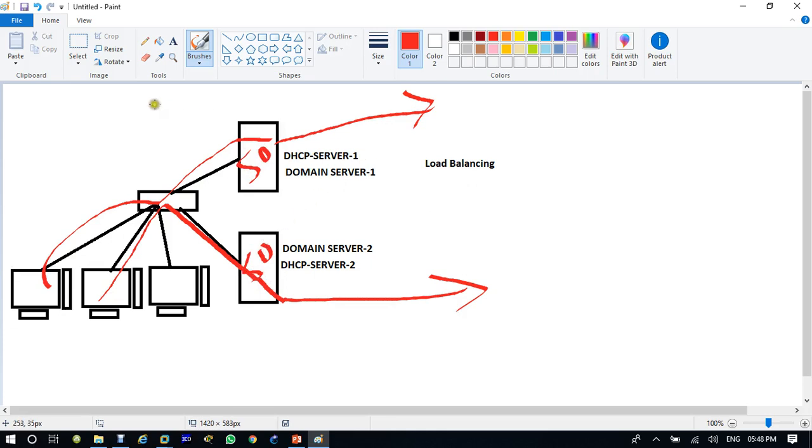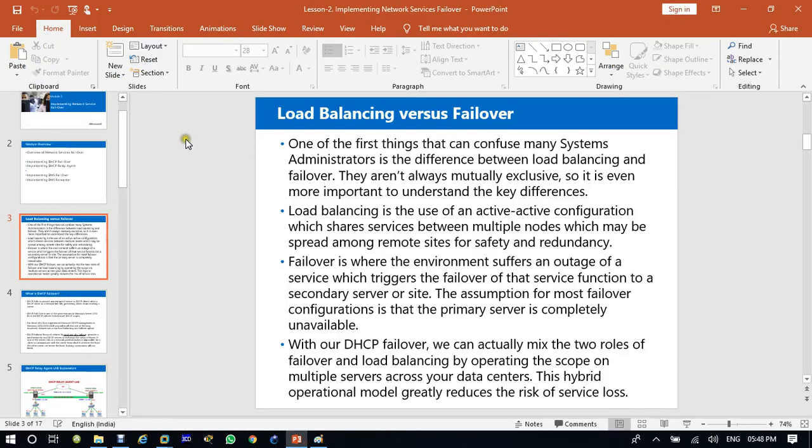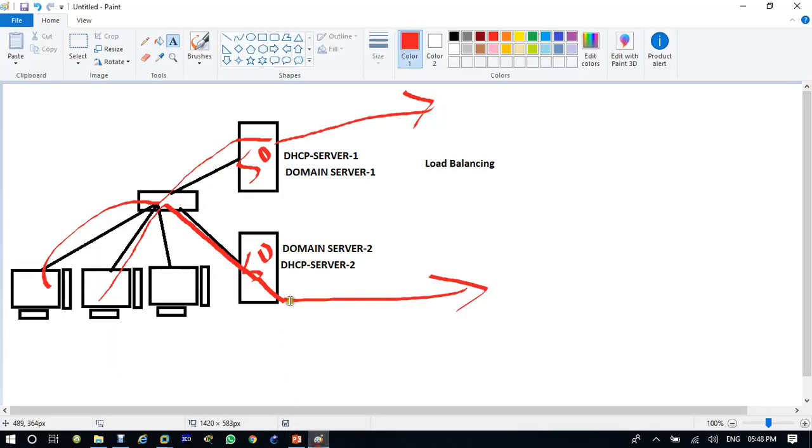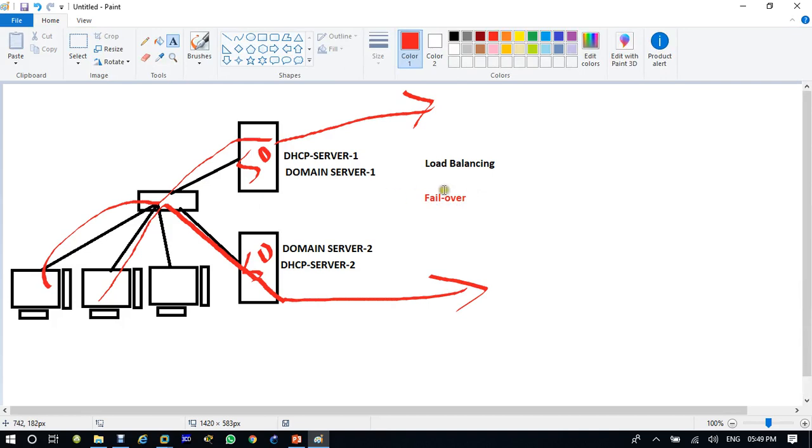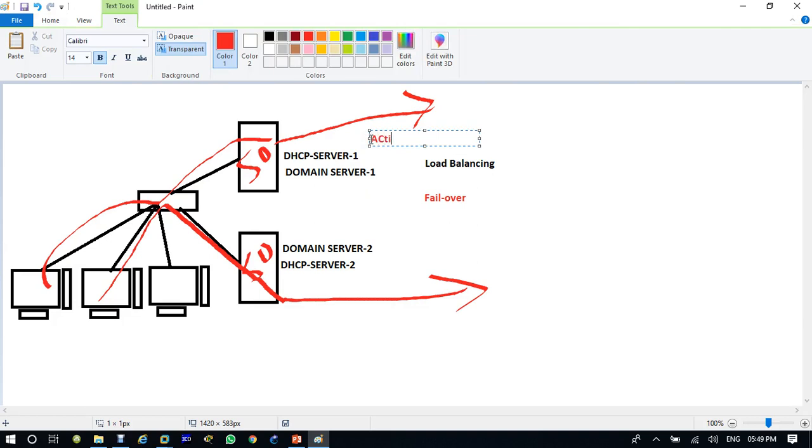Now if you're talking about fault tolerance or failover, you have an active server and a passive server.